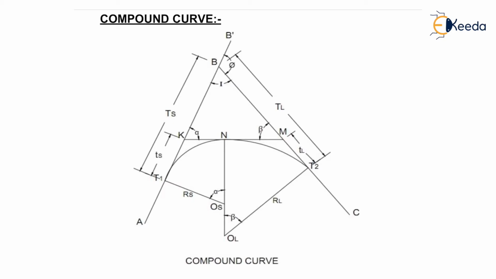Similarly, the length of the second arc added to the chainage of N gives the chainage of T2. So we know the chainages of T1 and T2 now. Then calculate the deflection angles for both the arcs. With the theodolite set up over T1, set out the first branch as already explained in Rankine's method. Then shift the instrument and set up at N.